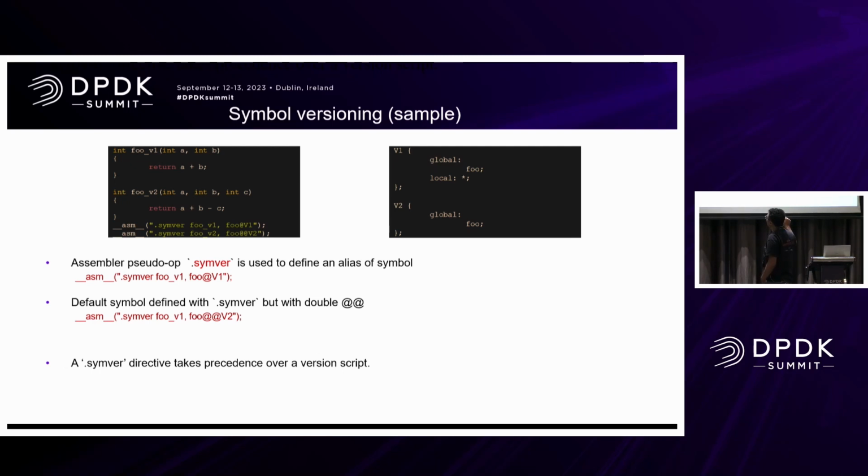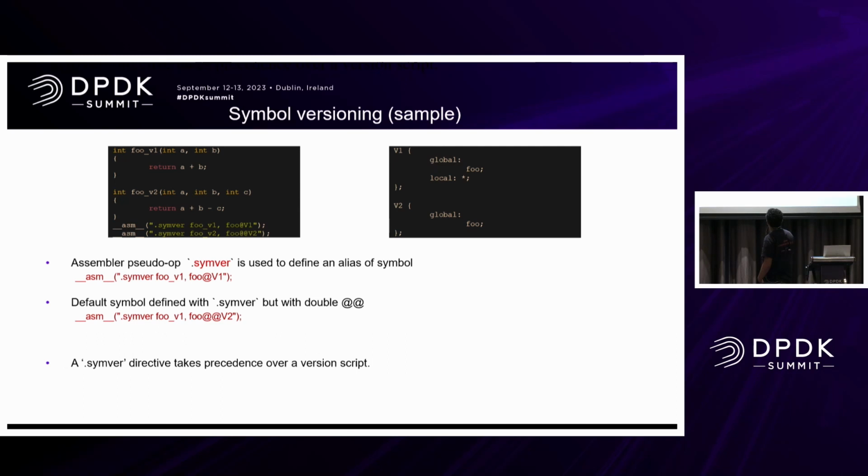Because now you have your version tags, you want all APIs, even if you are not using ABI versioning, to have some kind of version tag attached. That is done by linker scripts. In DPDK, we already have one for each library. Its syntax is a version label, global, and the list of exported APIs. There can be a bunch, and the catch-all is the local statement. It is possible to have multiple of these.